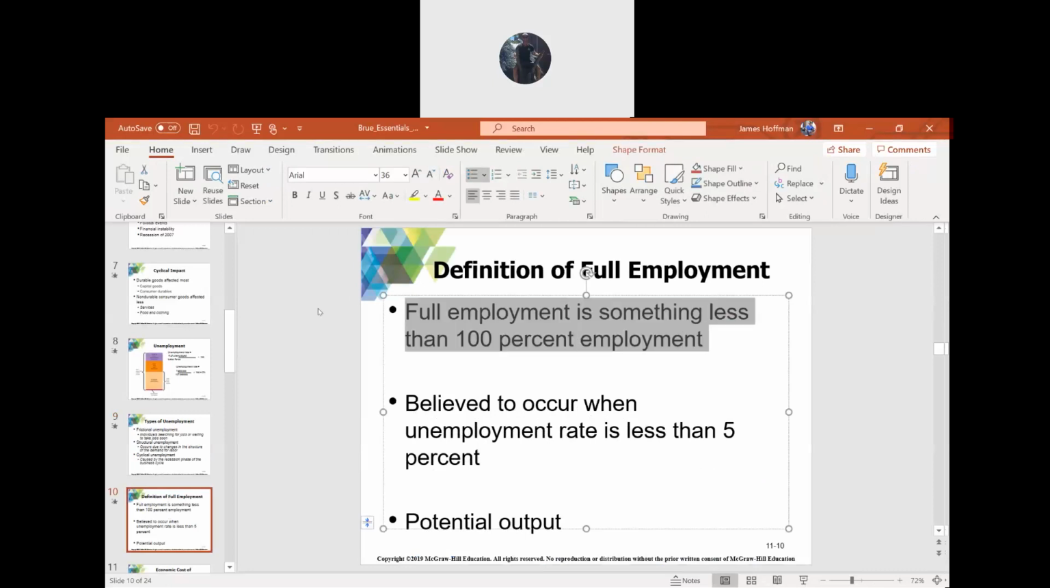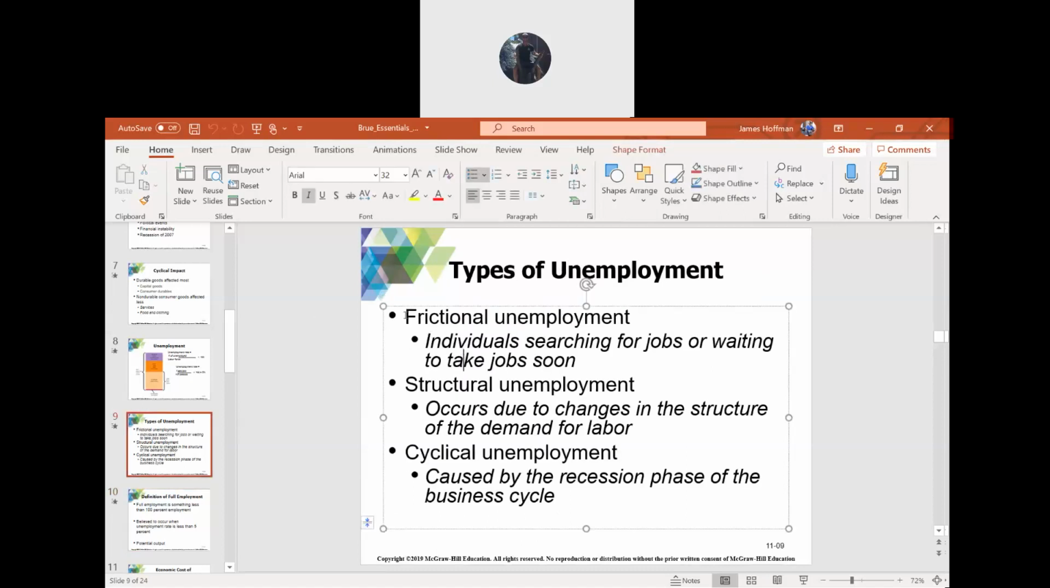So the macroeconomic definition of full employment is something less than 100%. It's usually about 5%. And so when we're considered fully employed, that technically means that we're only experiencing the first two types. So the idea here is that we're always going to have some form of frictional and some form of structural because those things are just that's the natural state